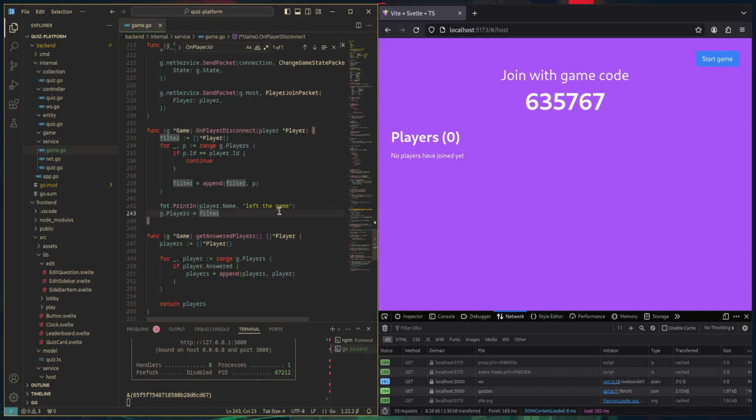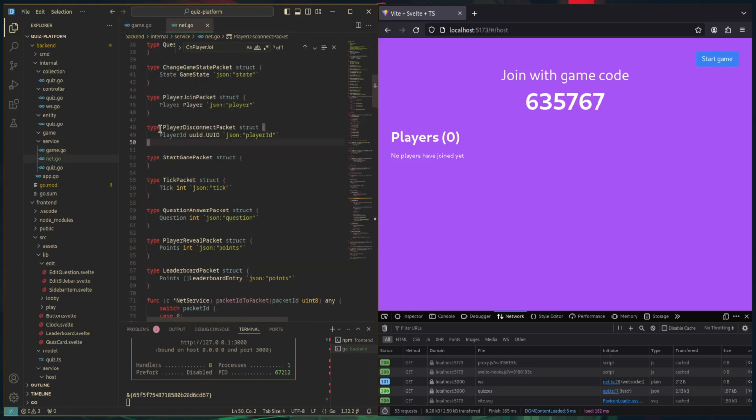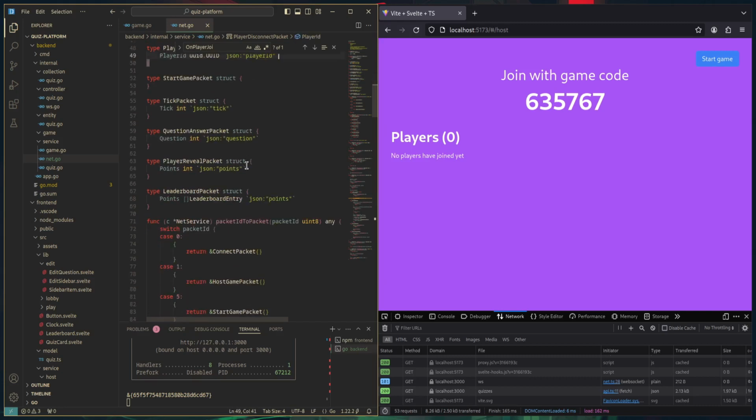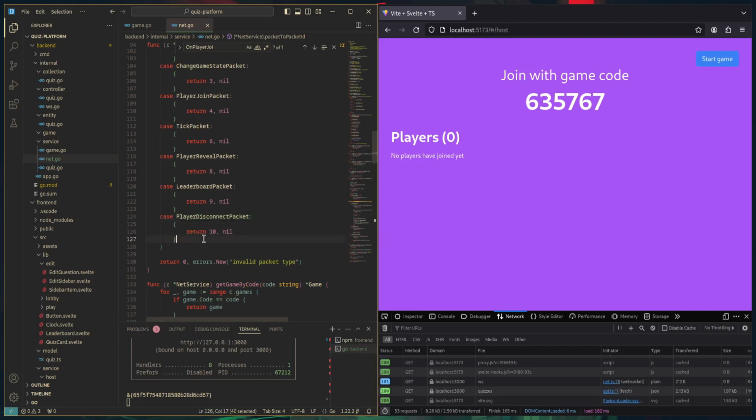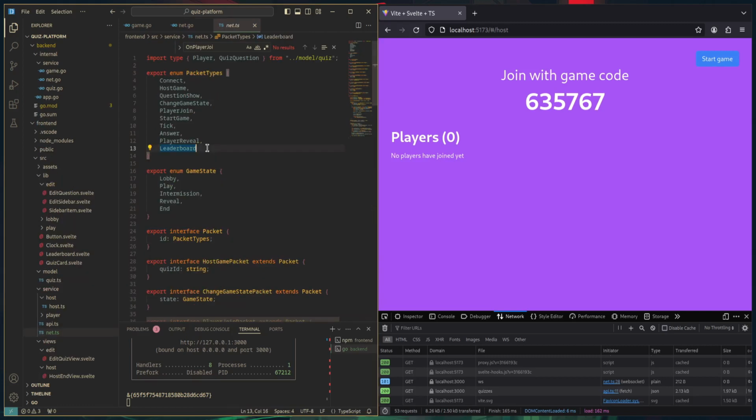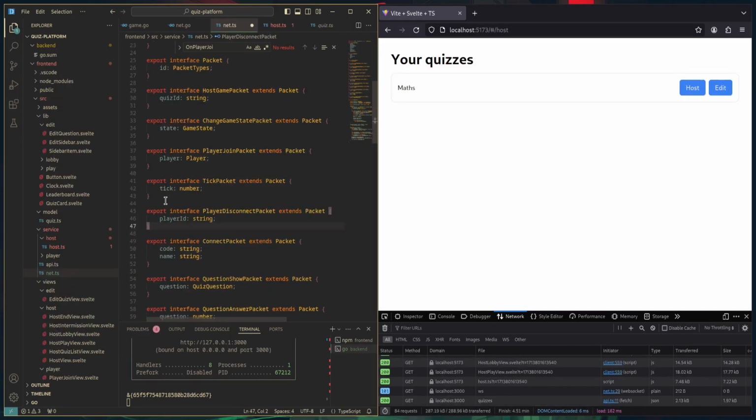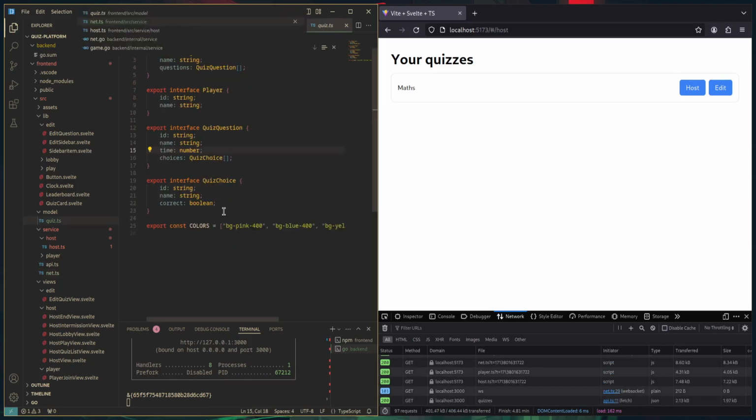So all that remains is to tell the host that a player has disconnected. So we're going to need a new packet for that, a player disconnect. And this is how I will define that. Player disconnect packet. We send the player ID of the player that has disconnected. And of course, we add a new packet ID 10. Let's also add this here to packet types. And as an interface here, player disconnect packet. And then we can use it here